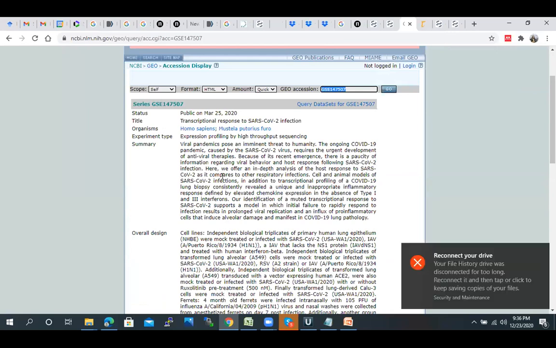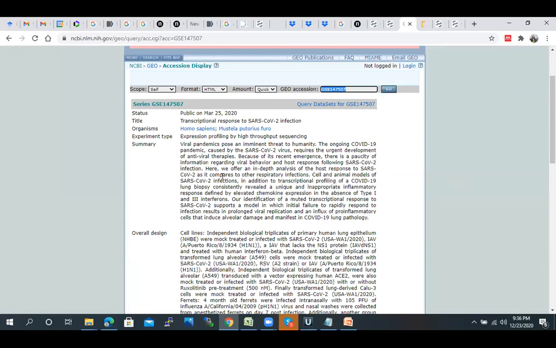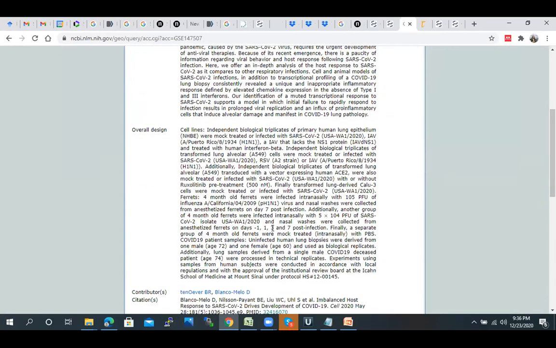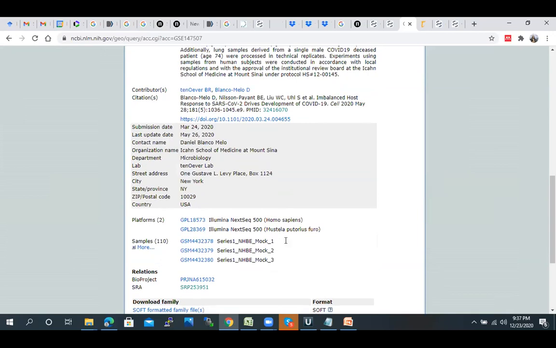In this particular study, they have taken cell line samples and treated them with some inflammatory drugs. They have considered two types of samples: one from human and the other from one other organism, like here,